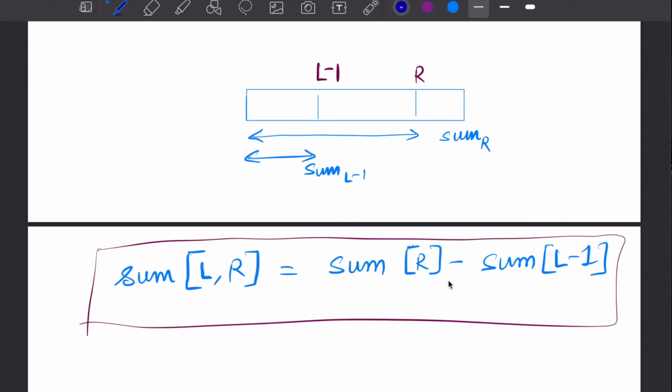So this is what we call prefix sums. When you have a range where you store the sum of all values till r, let's say this is the range. I have an array from 0 to n and this is some pointer l minus 1, this is r. So let's say I already have this information, what are the values till r, and I already have this information as well, what are the values till l minus 1, the sum of all the values till l minus 1. Then if I subtract the sum till r minus the sum till l minus 1, what will that give me? If I subtract this entire range from this range, what do I get? I get this range.